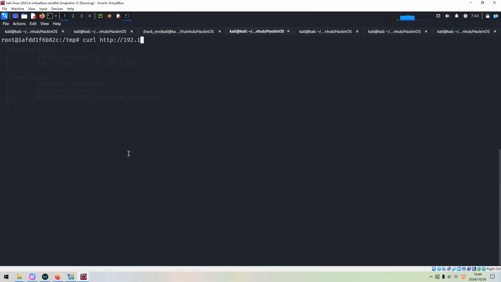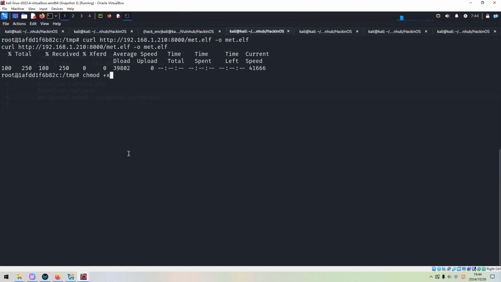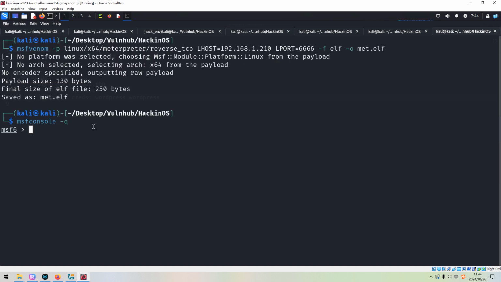I forgot. Curl with -O option. We can use the same file name, and then we can make it executable. And before we run or execute this payload, we must set up the handler first.